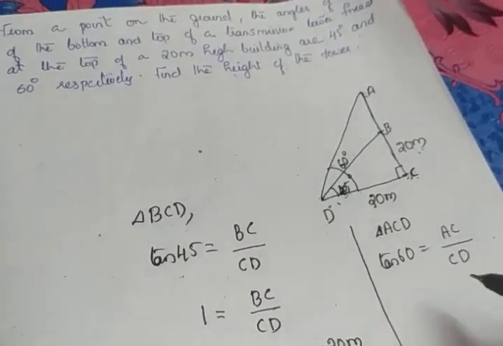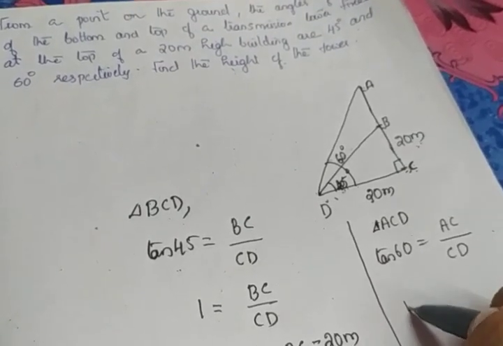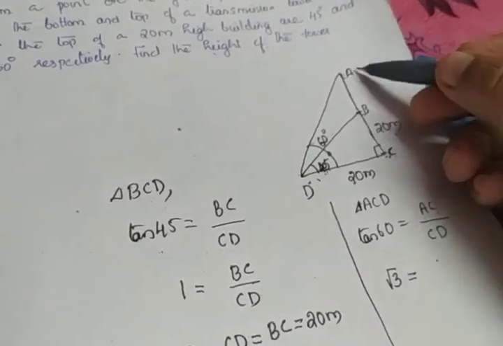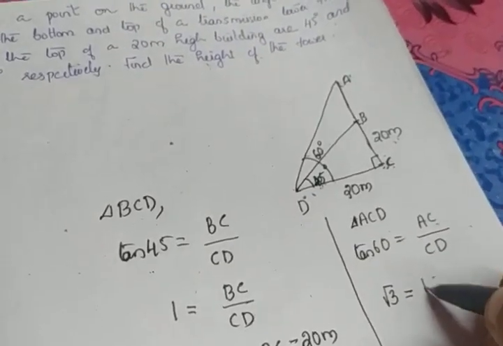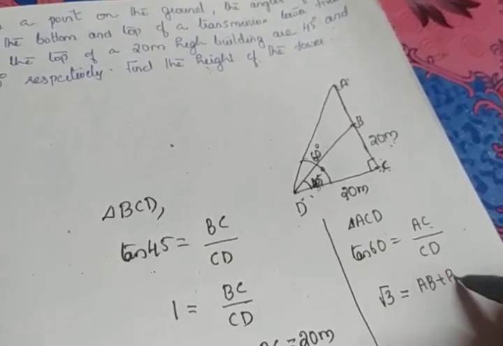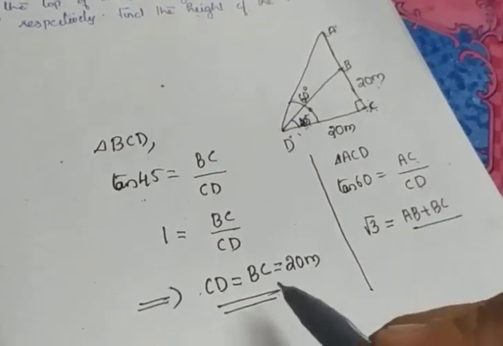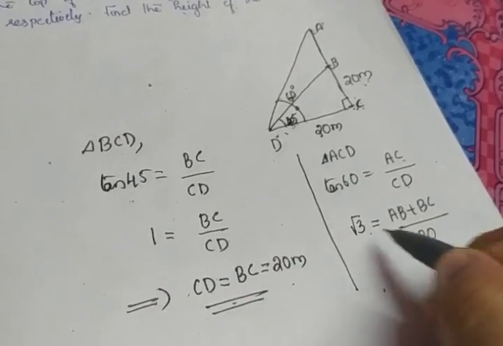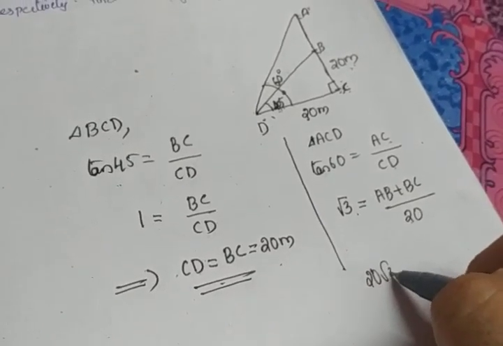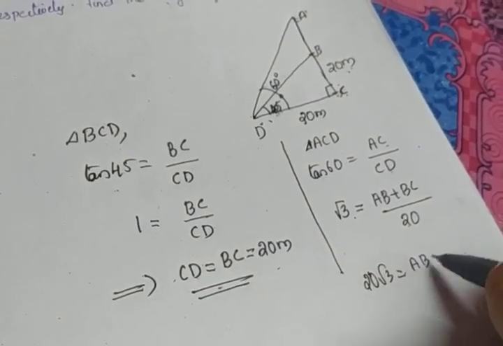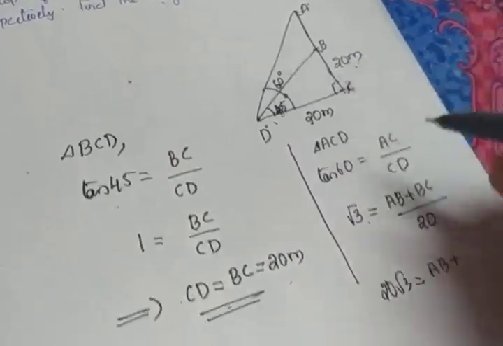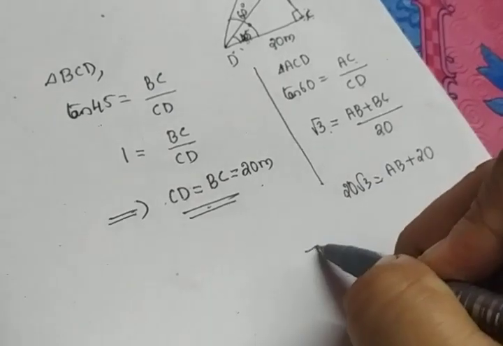Tan 60, what is the value? Tan 30 is 1 by root 3 and tan 60 is root 3, equal to AC. Instead of AC, split the term. How can we write it? AB plus BC divided by CD. We know the value of CD as 20 meters, so 20. Okay, so if we cross multiply, what we get is 20 root 3 is equal to AB plus BC. BC is actually the height of the building, so 20. So we are getting AB as